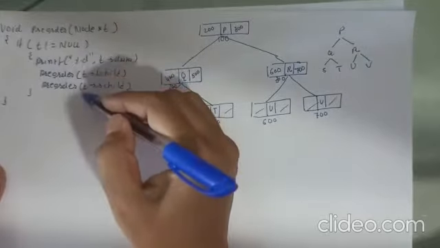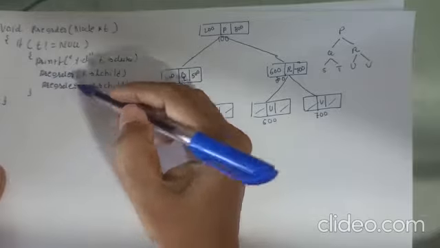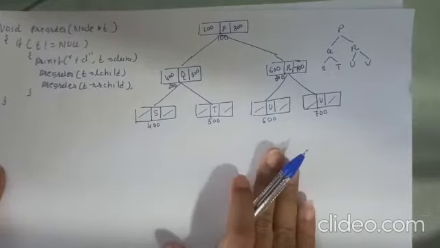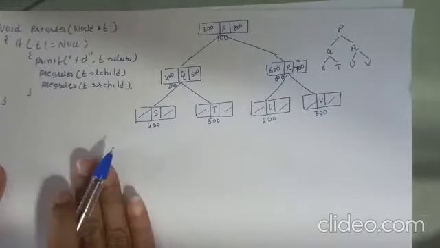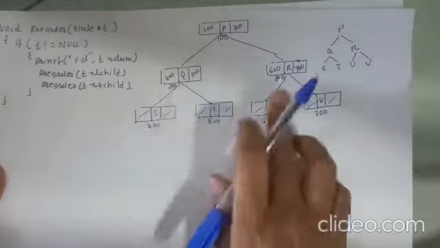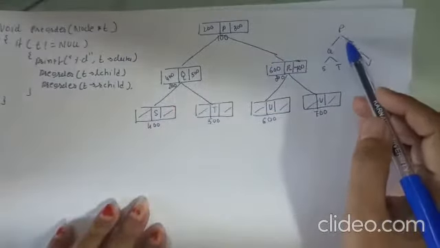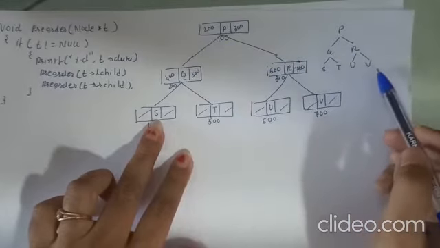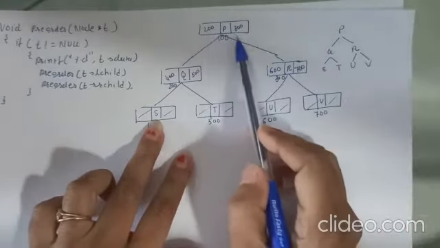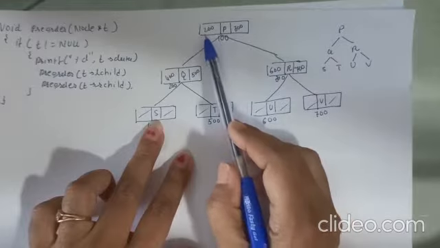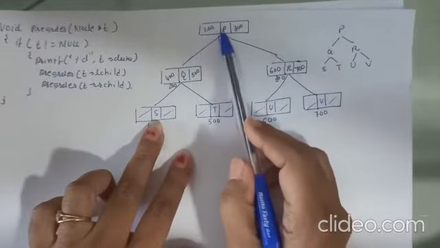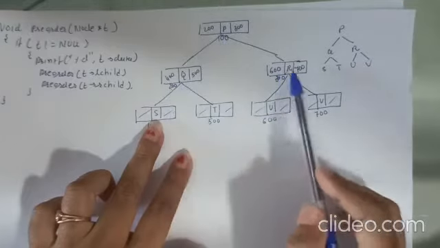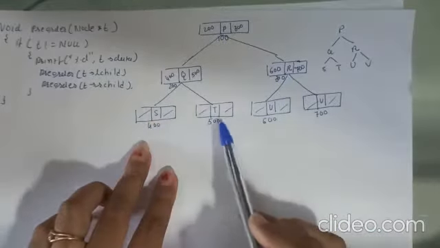The code is quite simple, but we will discuss how this code is executed recursively. So we will process the recursive tree for this tree. For example, this is a simple tree: P, Q, R, S, T, U and V. I have just assigned the addresses and the left child and right child addresses. So the address of P is 100, the address of this node is 200, this 300, 400, 500, 600